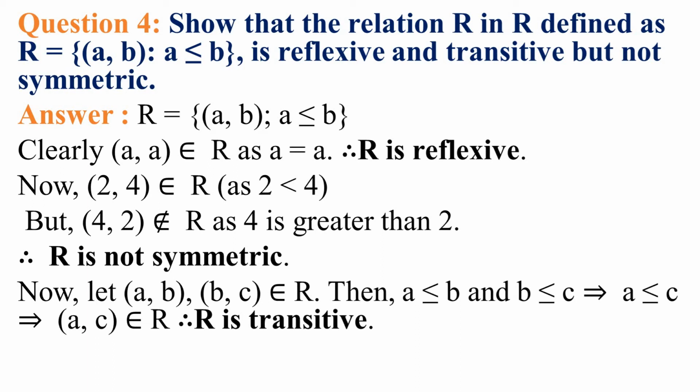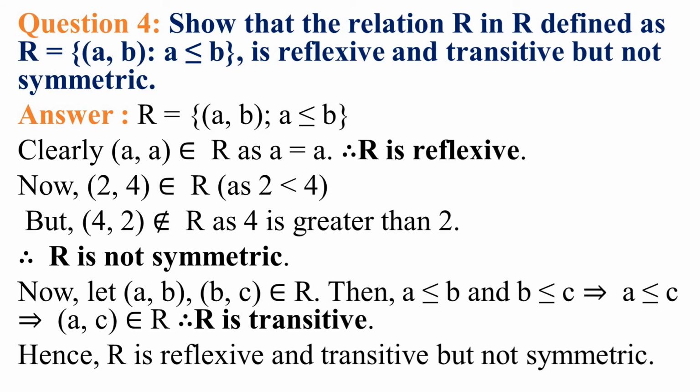Next, now let (a, b) belong to R and (b, c) belong to R. Then a ≤ b and b ≤ c. So that means a ≤ b ≤ c, therefore a ≤ c. Therefore (a, c) belongs to R, so R is a transitive relation. Hence R is reflexive and transitive but not a symmetric relation. Okay. Next,